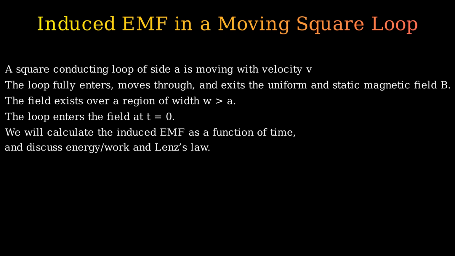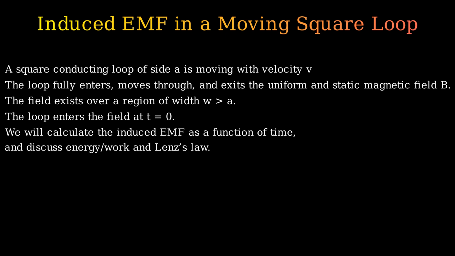In this animation, we consider a square conducting loop of side A, moving at a constant velocity v perpendicular to a uniform and static magnetic field B directed into the page. The magnetic field spans a region of width W, which is greater than the loop's size. The loop begins to enter the field at time t equals 0, then travels completely through, and finally exits the